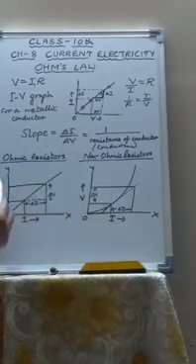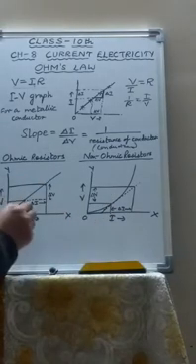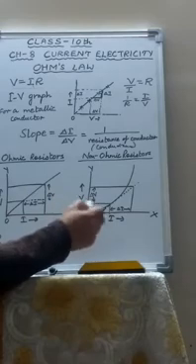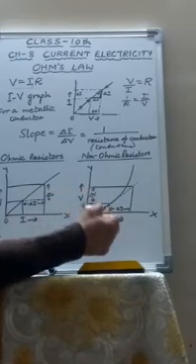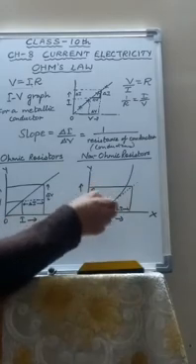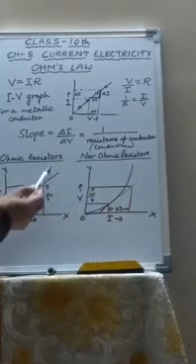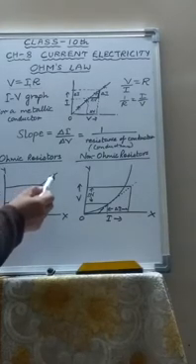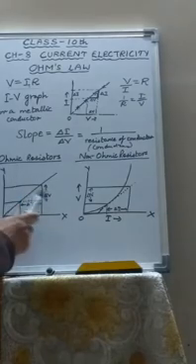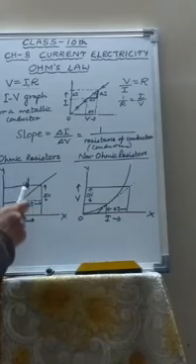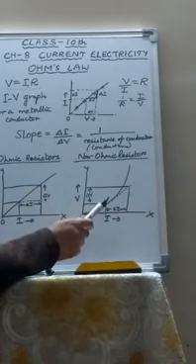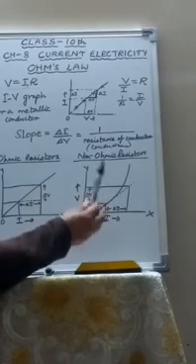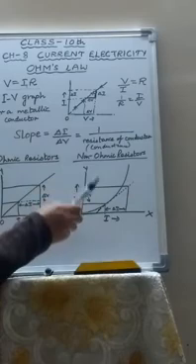So, for an ohmic resistor, if we plot a graph of V versus I, we will obtain a straight line. But the graph of V versus I for a non-ohmic resistor is not a straight line, but a curve, which may or may not pass through O. This straight line will always pass through O. Now, the slope of this VI graph is the same for all the values of V and I at the given temperature. But for a non-ohmic resistor, the slope of the VI graph is different at different values of V and I. That means non-ohmic resistors do not obey Ohm's law.